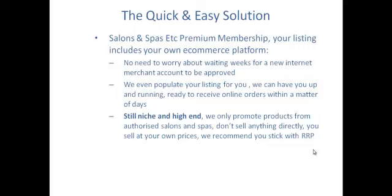But bear in mind that we are going to limit the premium membership applications with the run up to Christmas,